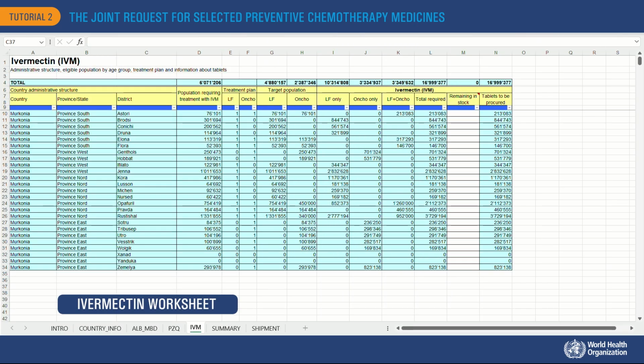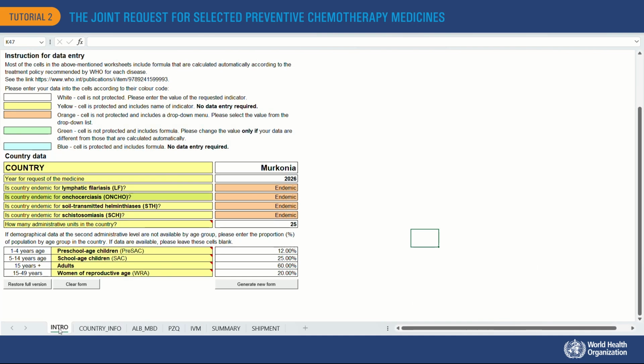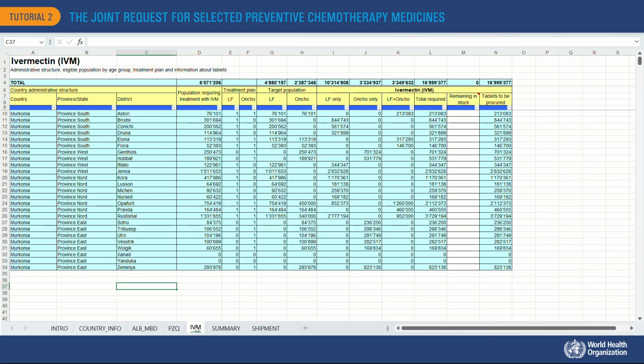The IVM worksheet is used to compute the quantity of ivermectin tablets required to implement preventive chemotherapy in a given year. This worksheet is generated only when the country is endemic for onchocerciasis. You can see that the worksheet is almost filled, based on the information entered in the intro and country info worksheets. The only data to be entered manually on this form, if available, is remaining in stock under the heading